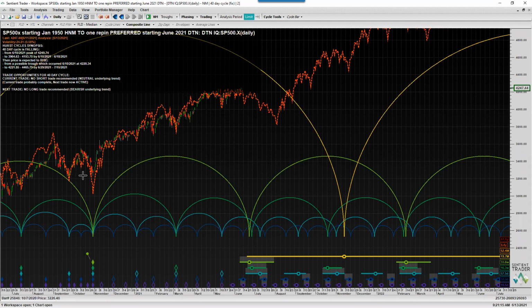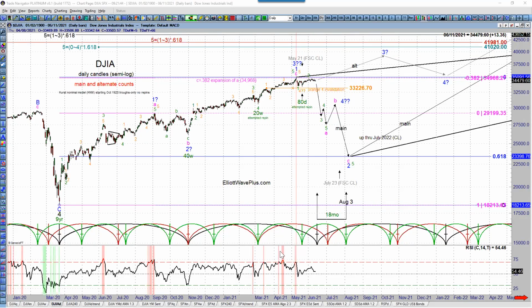So amazingly enough, this has been such a bullish cycle that we've really gotten down to just the downward movement into the 18-month cycle trough, which is really only going to occur in the last half of the last 80-day cycle. And this is, I think, what's been going on in the markets for years, frankly. And I've talked about this, how the market will stay up, stay up, stay up, and then puke down into